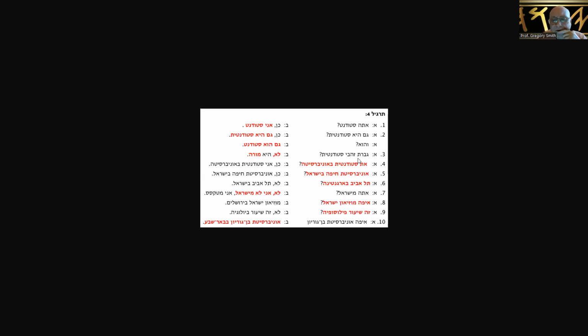Okay, so Geveret Zahavi studentit, is Mrs. Zahavi a student? Lo, he, mora. No, there's not an aleph in there. It's just mem, holem, resh, hey. It looks like a vav. But if you had the pointing, it would have a little dot on top. That's why I call it holem, because it takes the form of a vowel when it functions as a vowel. In other words, the letter takes the name of a vowel. So you don't call that vav in this case because it's not functioning as a consonant.